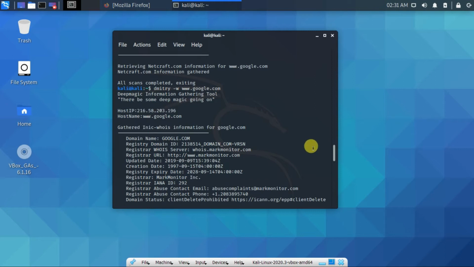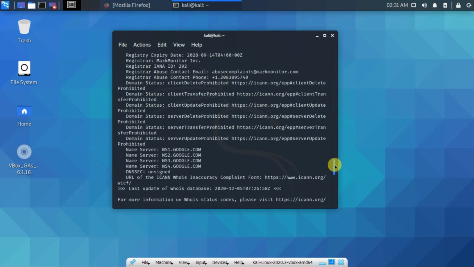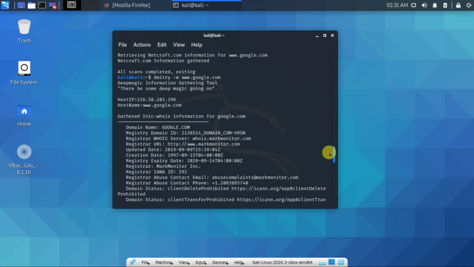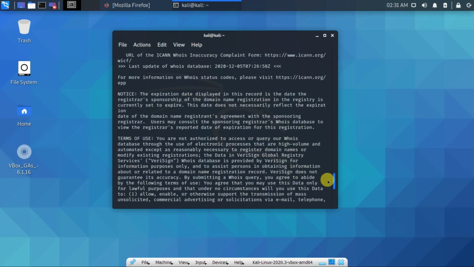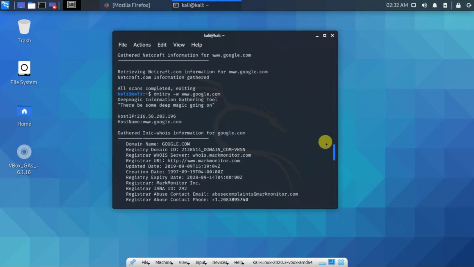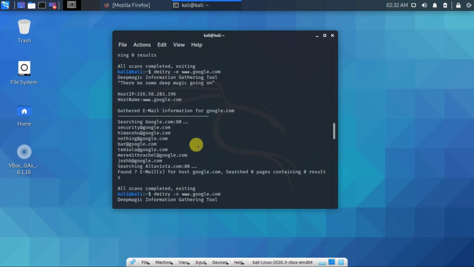We know when it was registered, and when the domain name is going to expire, with whom it is registered, and we even know the registered domain ID, and how many name servers there are with Google. And when we use the -e command to get the email address, we know some publicly available emails.